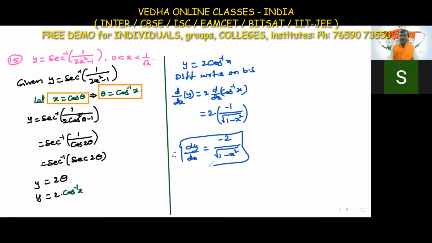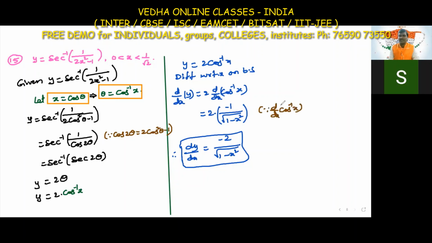So what formulas did we use here? I'll write those formulas once again. Here we used the cos 2 theta formula. Cos 2 theta is 2 cos square theta minus 1. This is one of the formulas for cos 2 theta; we have it in terms of cos, in terms of sin, and in terms of tan. This one is in terms of cos. And 1 by cos is easy. And here I applied the derivative formula d by dx of cos inverse x.